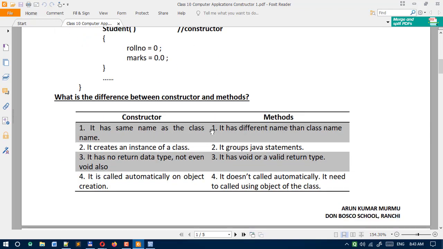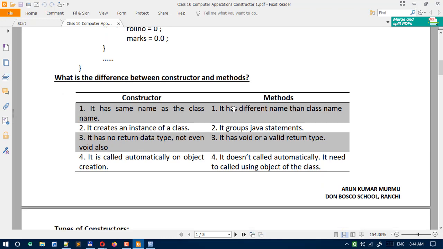Next one, the main difference. As you know, a constructor is the same as a function which we define inside a class. So here you must know the difference between constructors and methods. Methods are also known as functions. Here is the difference between constructor and methods.